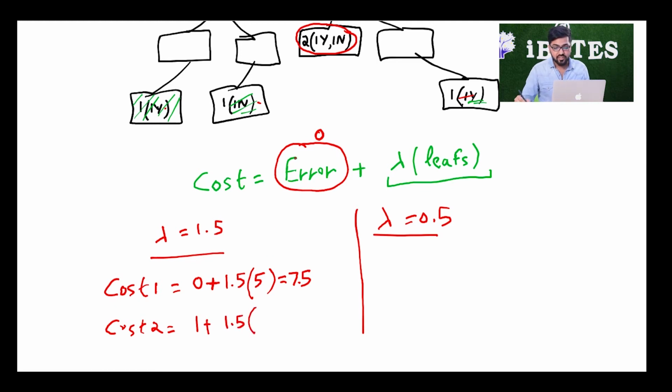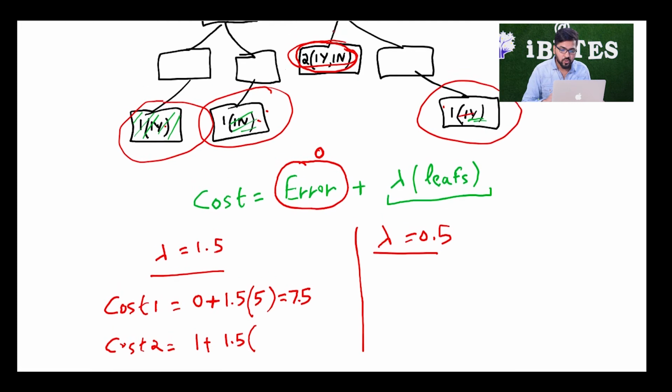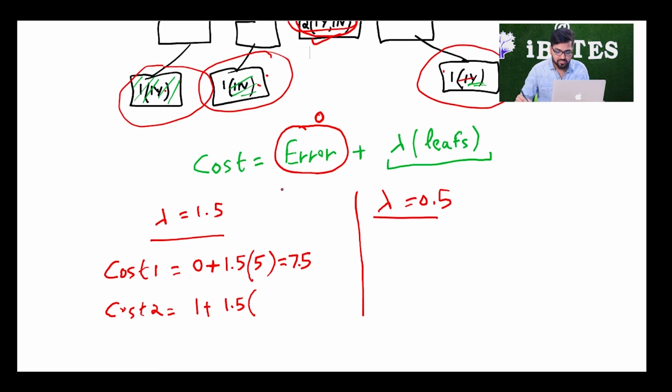Now how many leaves do I have? See, earlier before pruning I had 5 leaves, 1, 2, 3, 4, 5. These 3 are still going to be leaves, but once I remove them, I have a loss of 2 leaves, but I have an extra leaf, that is this one. Okay. So now this is going to become a leaf for me. So in total now I have 4 leaves. So my cost 2 is going to be 7.